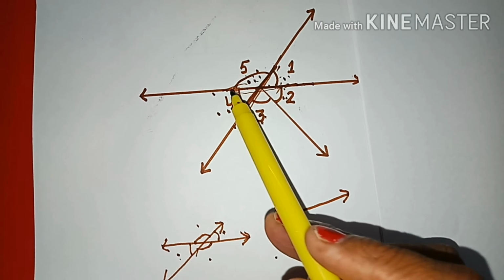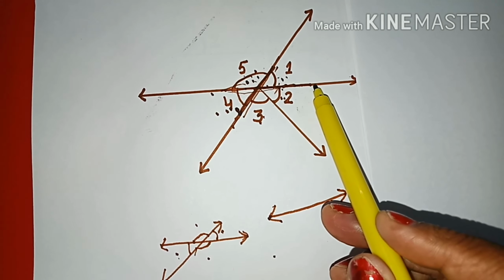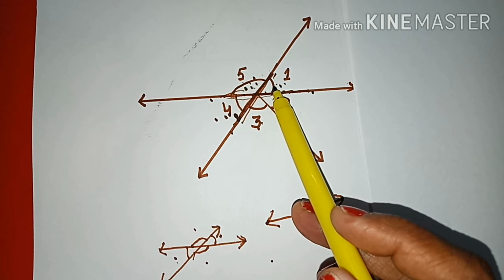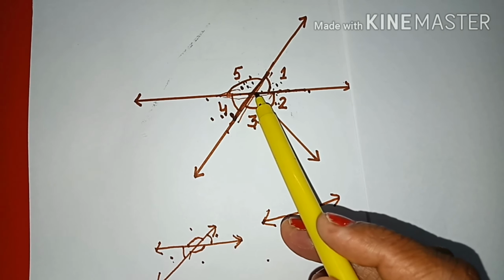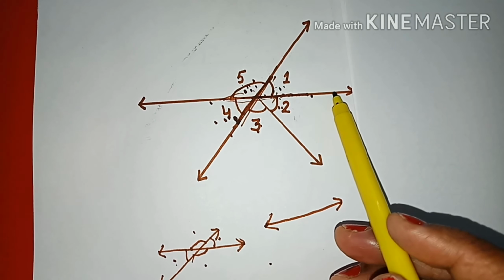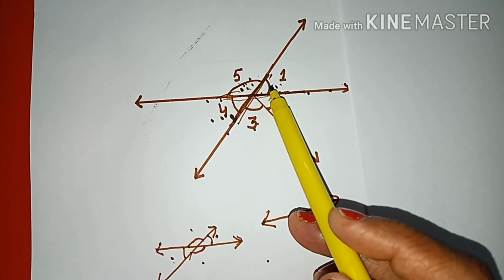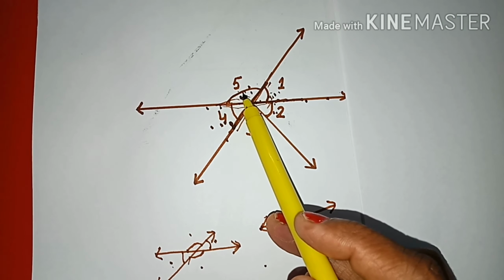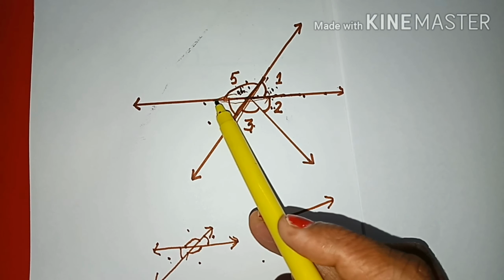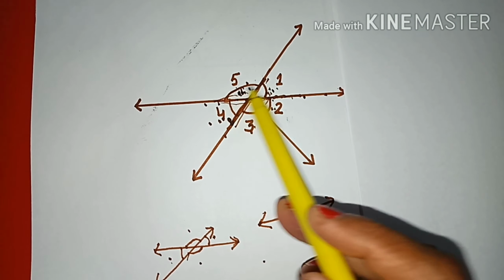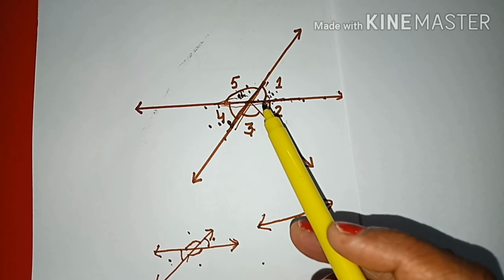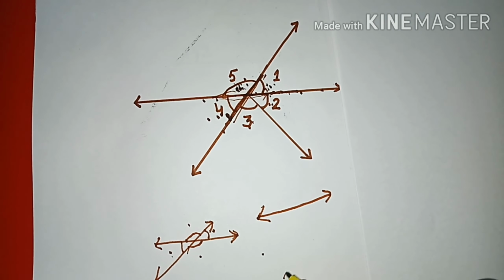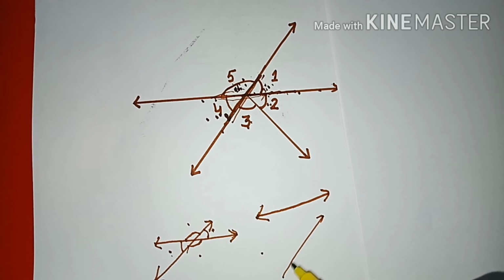In our figure, this is a straight line, and which two angles are on this line? Angle 1 and angle 5. The non-common sides are in opposite directions. So angle 1 and angle 5 are a linear pair. This one is a straight line, angle 1 and angle 5 are formed on this. Another one is, this one is also a straight line. This one is also a straight line.